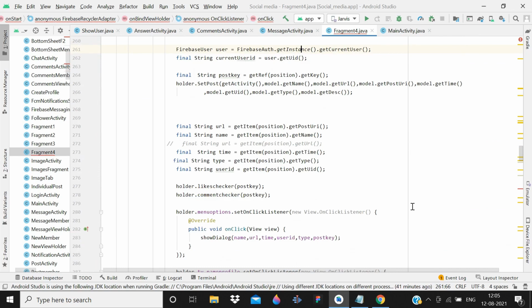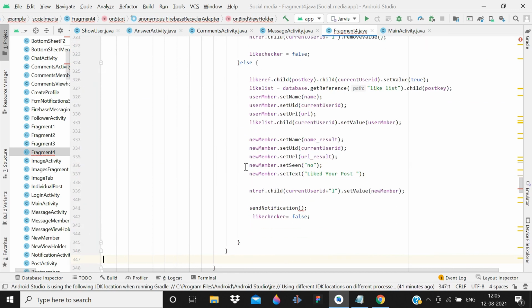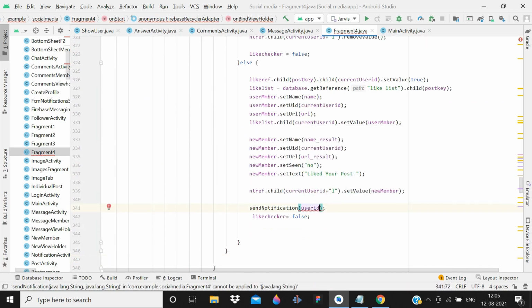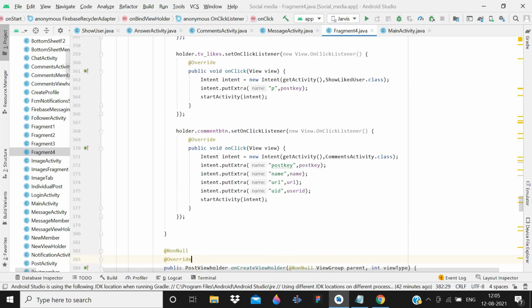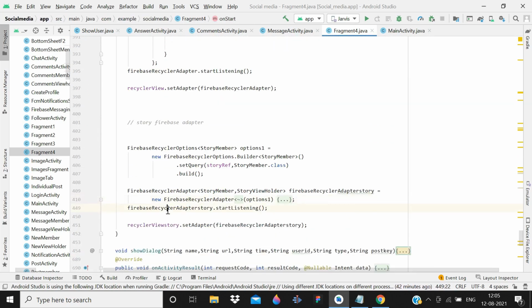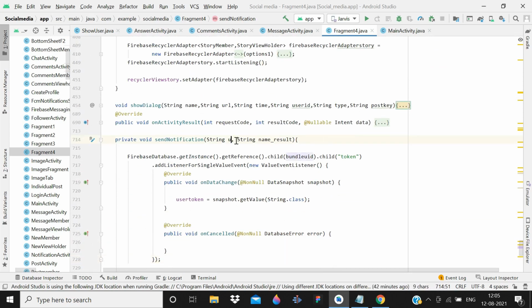So for that you can see that string user ID is the UID of that post, so we need to pass user ID here. Yes, user ID, then name result, and done. So user ID and name result, two parameters, and so close this and then after that user id